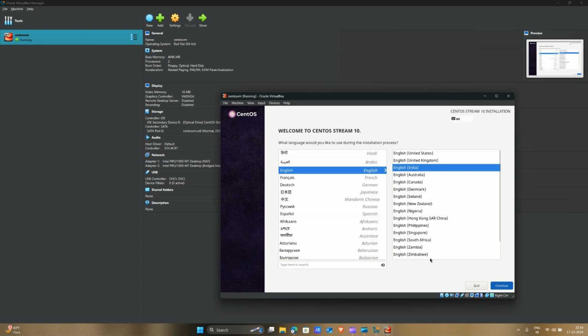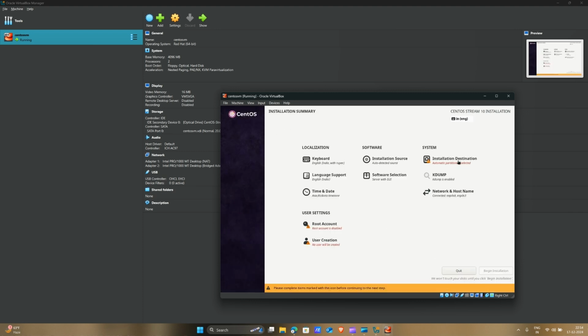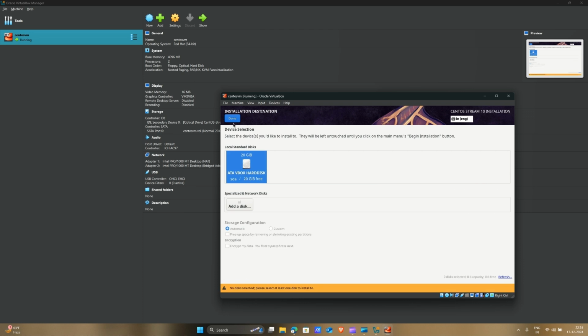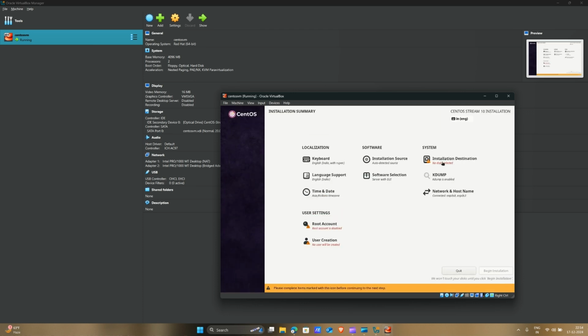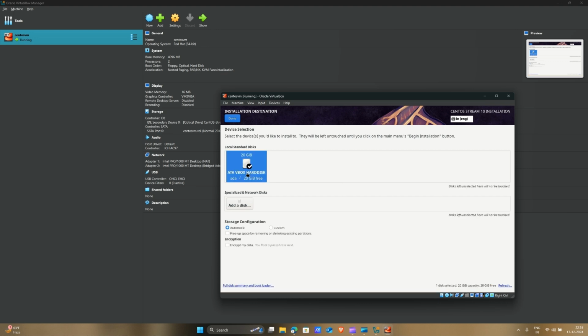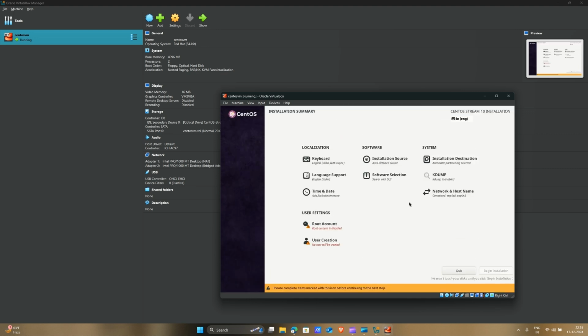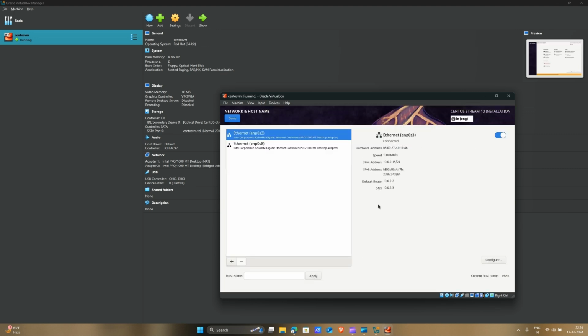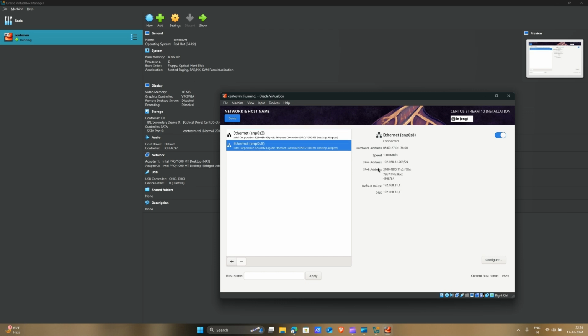Click on Continue and select installation destination, and select your virtual hard drive. Click on done. Select the destination once again. Click on hard drive and storage configuration is automatic. Click on done, and check the network once. So this is the bridged adapter which we have added in the network settings. Using this IP, we'll be connecting to this VM, and I am adding the host name as well, CentOS VM. Click on apply